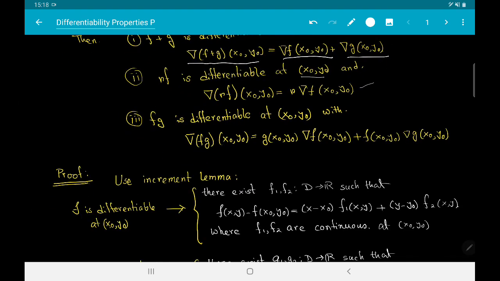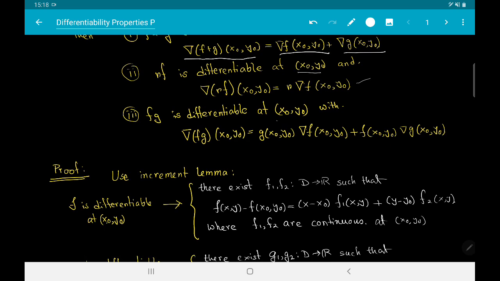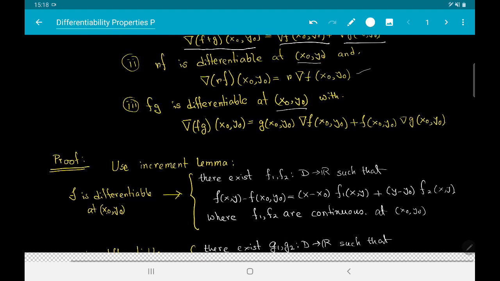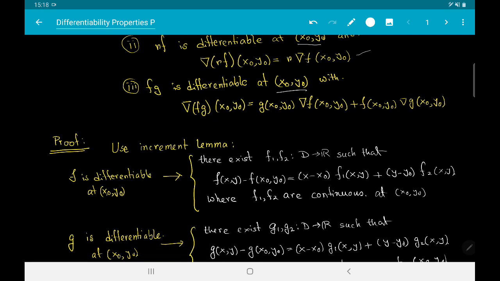And also, if you have two functions f and g which are differentiable at the point x0, y0, then fg is also differentiable at the point x0, y0, and the formula for the total derivative is a bit complicated, but it is also easy to derive from the notion that the gradient of a function at the point x0, y0 is nothing but the pair fx at x0, y0 and fy at x0, y0, and we do know how to compute these partial derivatives and what the product rules are, what the rules are for adding up two partial derivatives, etc. So let us look at a proof of